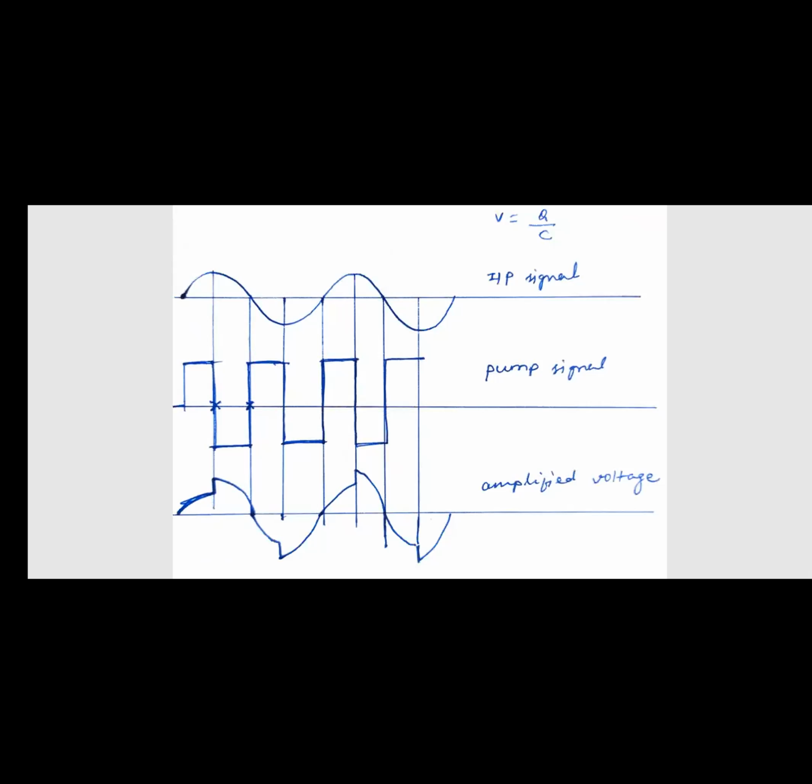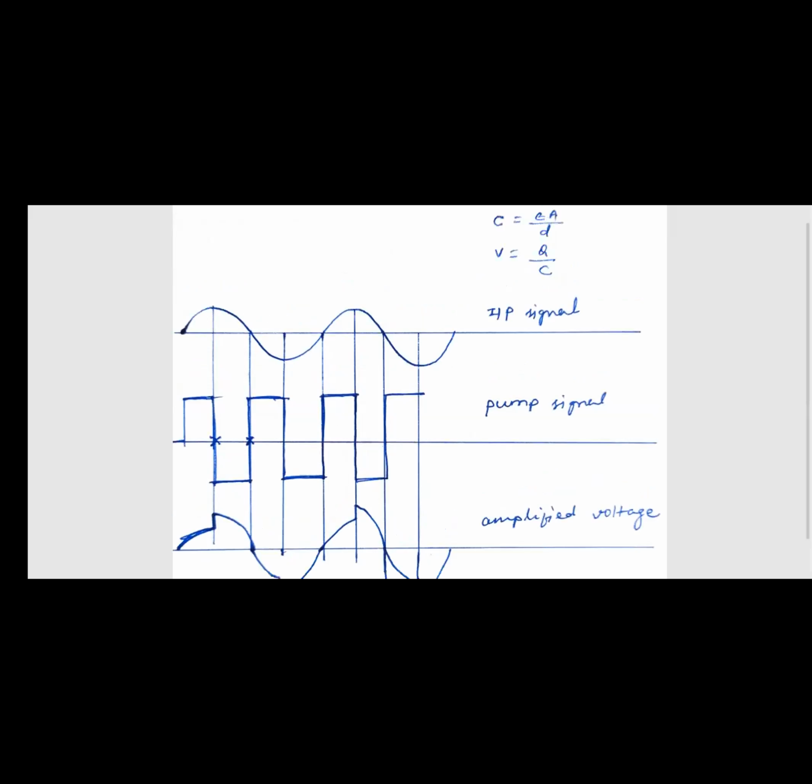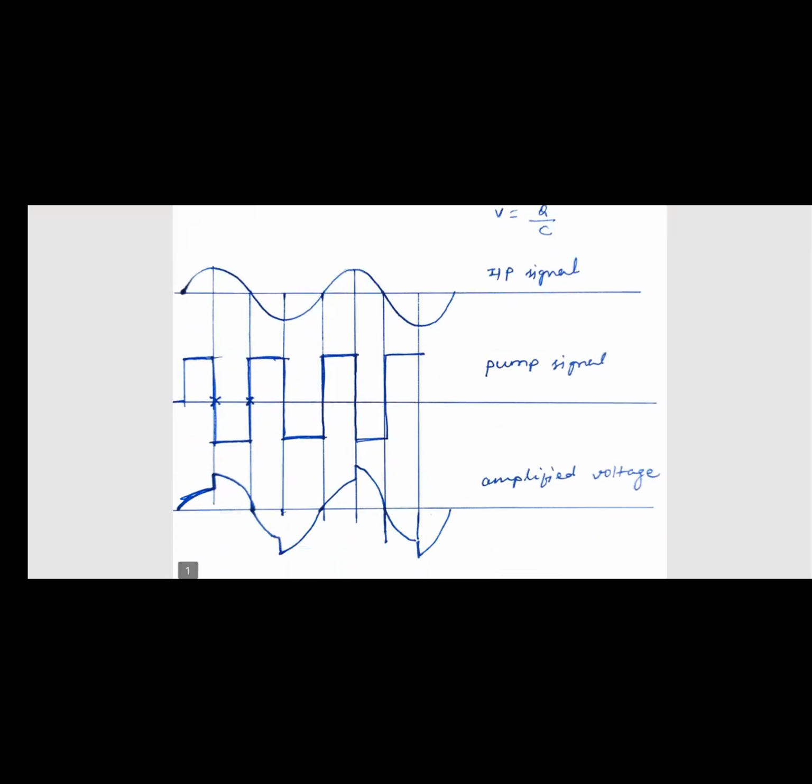So here one input signal is there, as you can see. That is the input signal that we want to amplify. So how is it achieved? By changing the capacitance. Now how do we change the capacitance? There is one square pulse that is called the pump signal, and that is responsible for all this. So you can see that during the positive half cycle, what happens is that